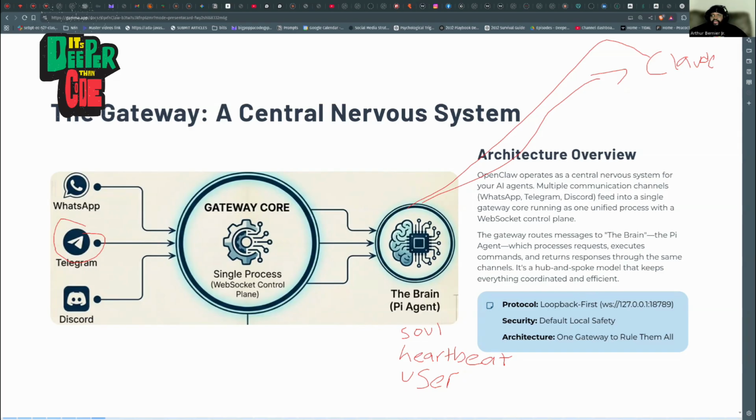The heartbeat is basically what you tell it to do over and over again. Like tell it to check Instagram 3 times a day at 5 a.m., 2 p.m., and 7 p.m. or something like that, right? That like what things it's supposed to do over and over again, so that it knows how to do it. And if you don't want it to do something over and over again on its own, just leave heartbeat empty